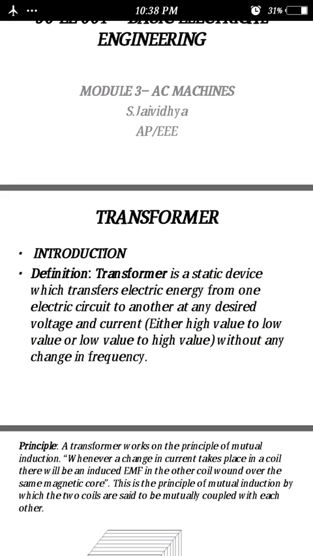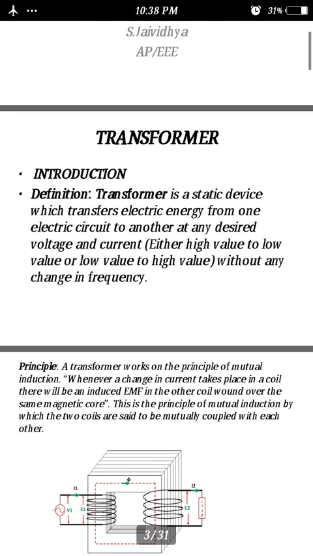By transferring the parameters from primary to the secondary, that is, from one electric circuit to another electric circuit, we have the primary and secondary. In the primary, the voltage, current and frequency are considered as input. In the output, we are going to receive the same parameters with different values. That is, the frequency alone doesn't change. So with the same frequency, it will transfer the energy from one circuit to another circuit.